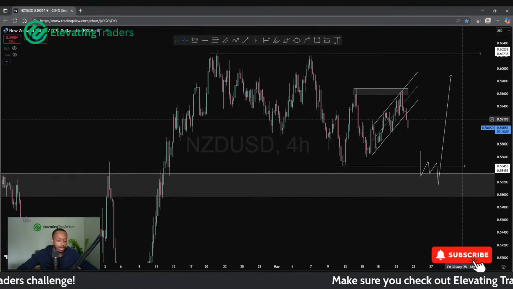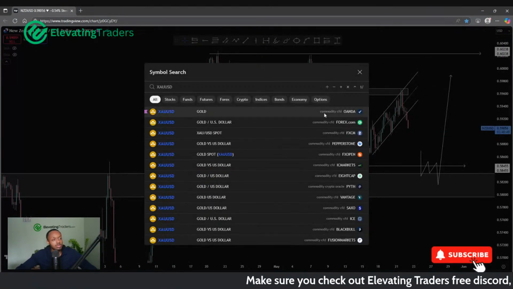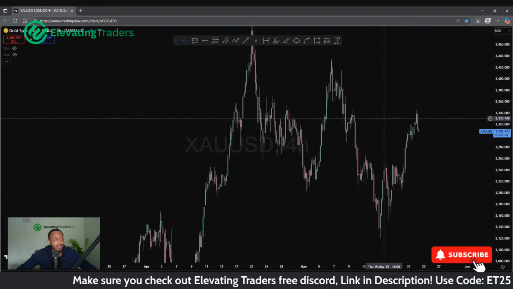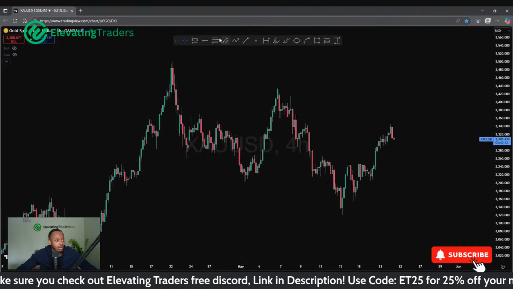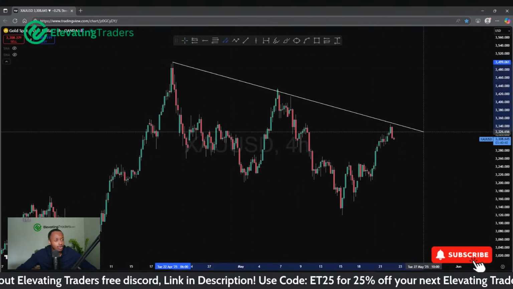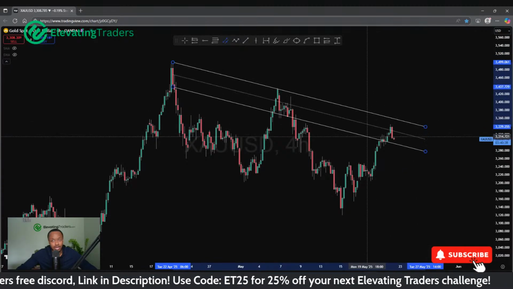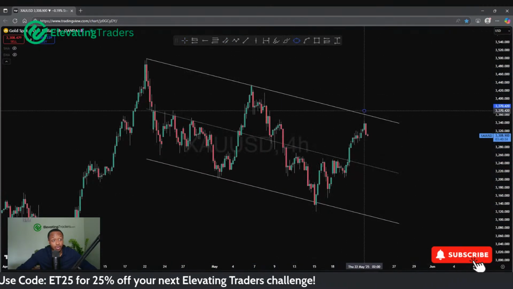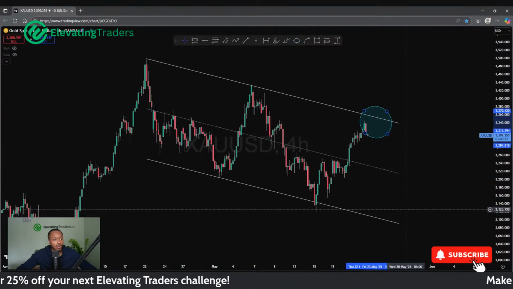Yeah, I'll keep an eye on that. In terms of gold, gold's been somewhat bullish, looking a little bit corrective now. We still do have that descending channel. So again, just being a bit wary of gold as we approach the high of this channel, because we very well could respect it and put in another lower high and come back down to where we started.